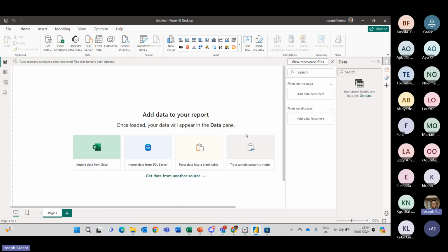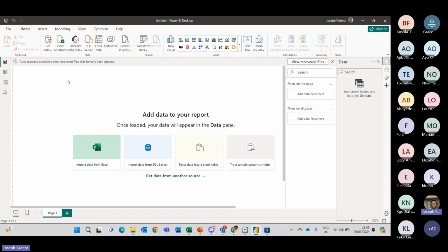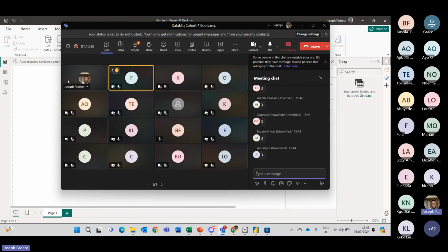Okay, so three, we are following. So we have the reports, the table, and your model tab, right? Okay, so under the insert tab, what did I say the key influencer is? Okay, the answer is staring us in the face. It is an AI visual, right? Okay, so thank you. I can see we are following, and that's all well and good.